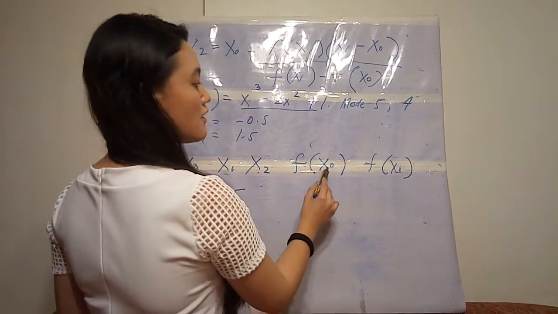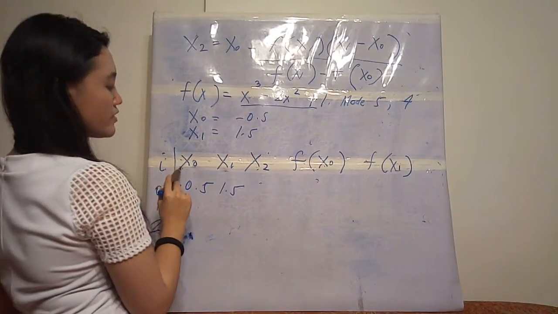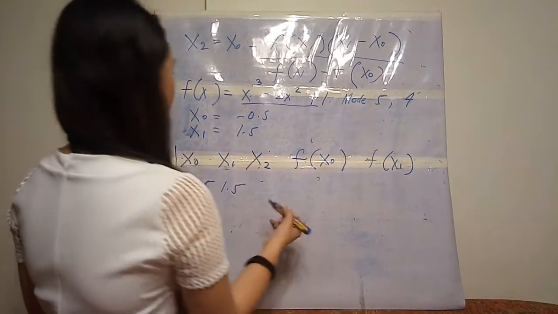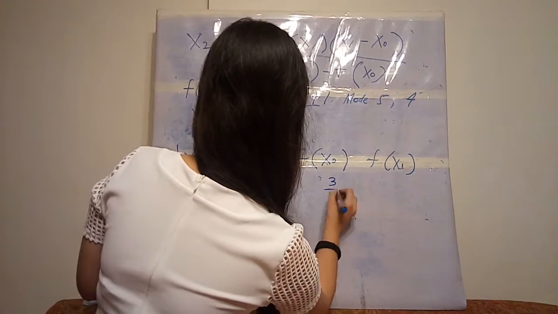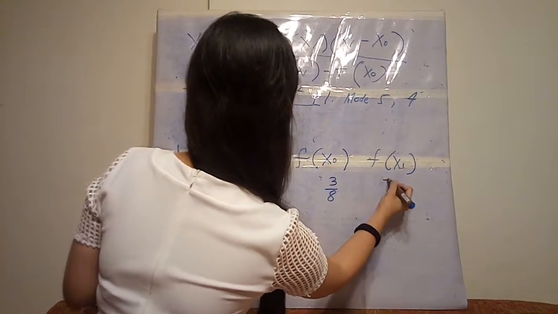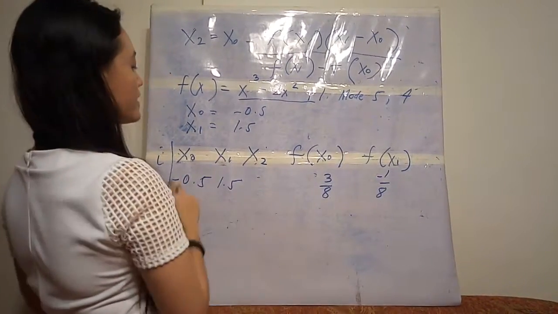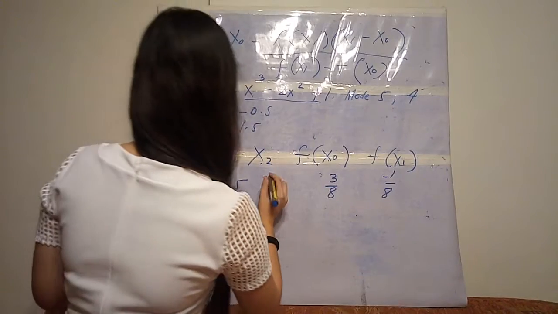For these, we just substitute the values of x0 and x1 into the f of x equation, and we'll have 3 over 8 and then negative 1 over 8. After that, we can substitute these values in the formula,